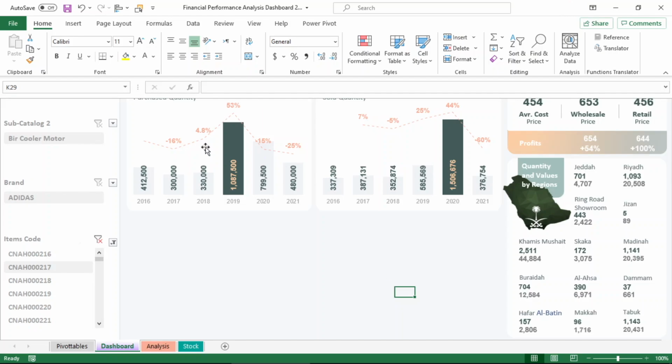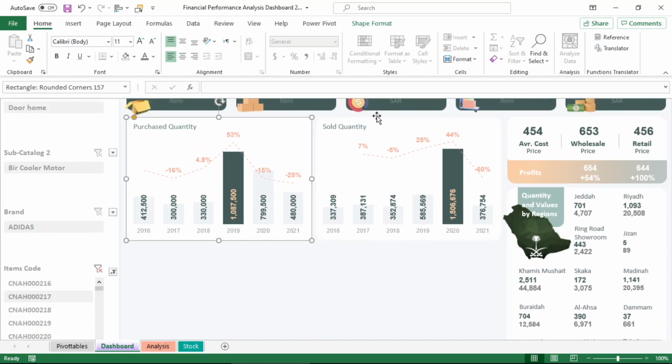So we have reached the next stage, which is the total value of purchases during the years.